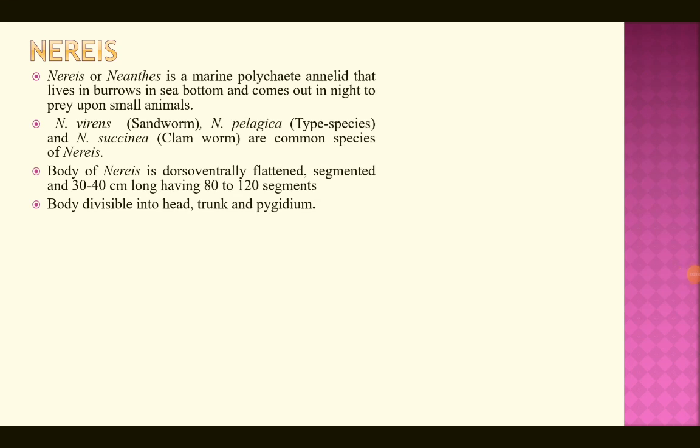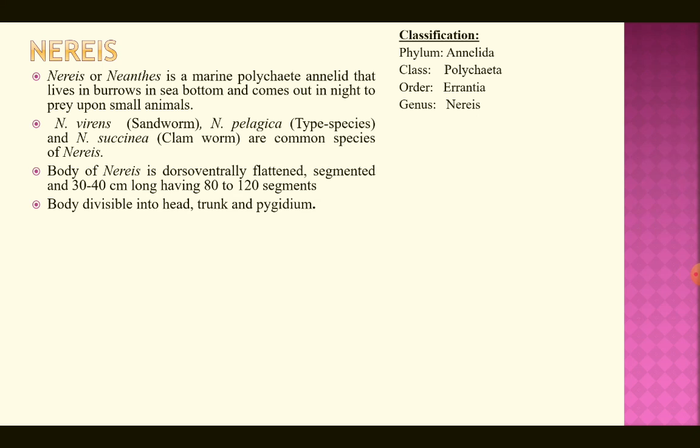Welcome back. The next specimen that you have in your practical paper 1 under phylum Annelida is Nereis. So far we have learnt about the morphology of earthworm, its varieties and TS passing through diplozole. And the next specimen is Nereis. Now Nereis is a marine polychaete that lives in burrows in the sea bottom and comes out at night to